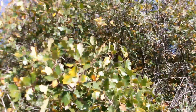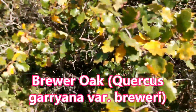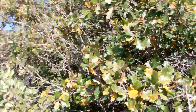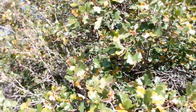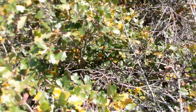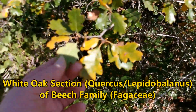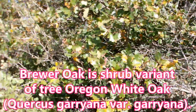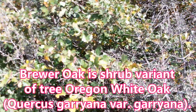This is the Brewer oak, Quercus garryana variety breweri. A medium to sometimes quite large winter deciduous shrub in the beech family, Fagaceae. Now, Quercus garryana variety breweri is the shrub variety of Oregon white oak, which is Quercus garryana variety garryana, which is a tree,